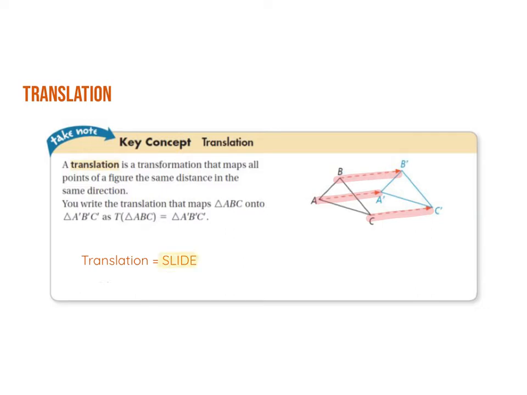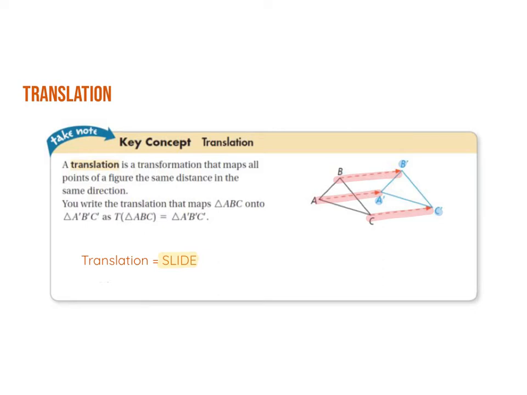So translation is also known as a slide. We're taking a shape and we're just sliding it one way or two ways. If you notice, we don't turn it. We're not rotating it. We're not flipping it. Nothing is happening except we're just sliding from one point to another. One thing to look at here, if you notice, each of these in the